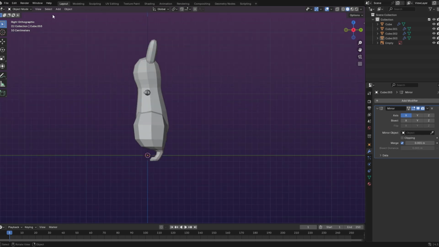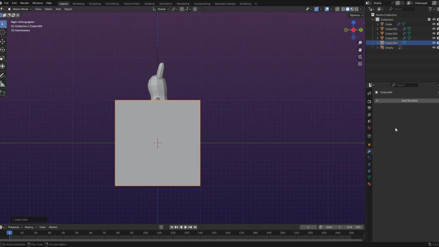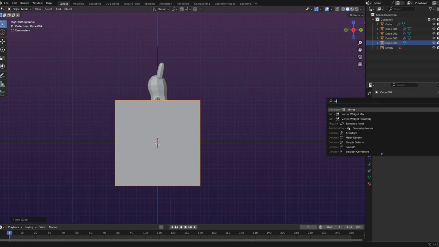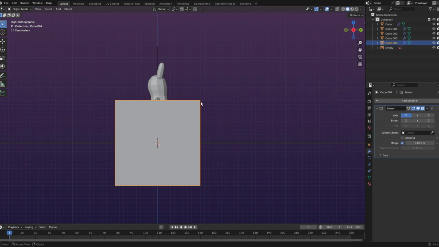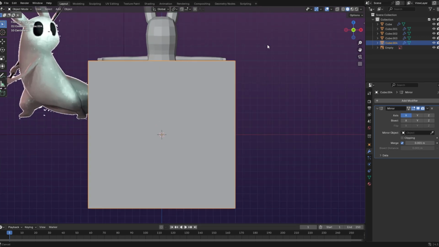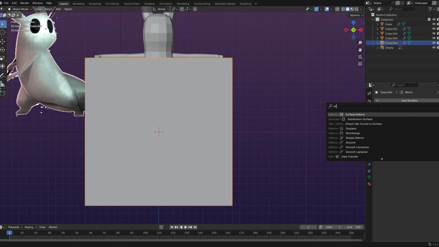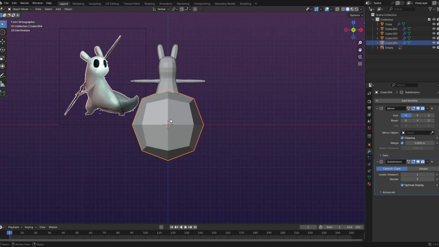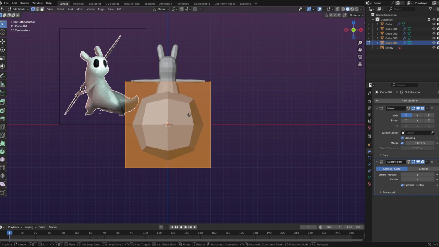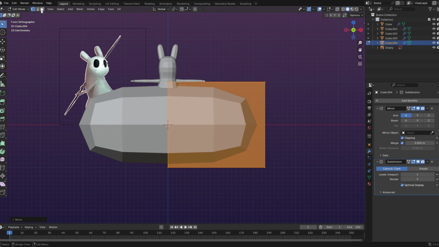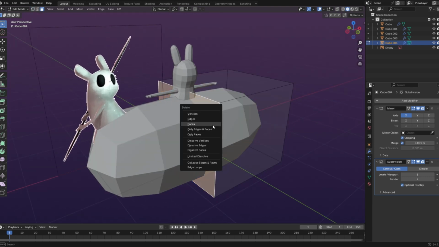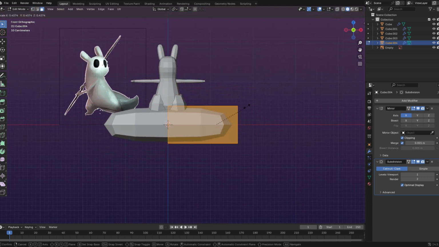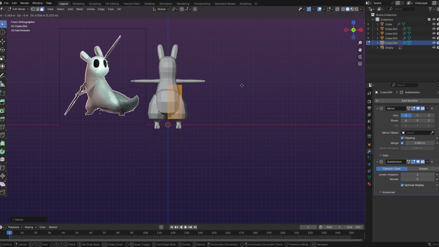But first we do the tail, so I make a cube. Mirror modifier isn't really necessary for this, but I'm going to use it just because it makes things a little bit easier for me. Subdivision. I'll turn on clipping for this one since it's just a singular object here. Edit mode. I'll move it like this, and then select the interface here and delete it. Alright, and then I will scale this down and move it here